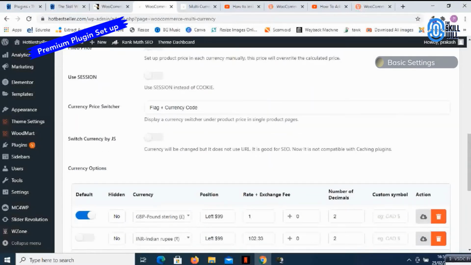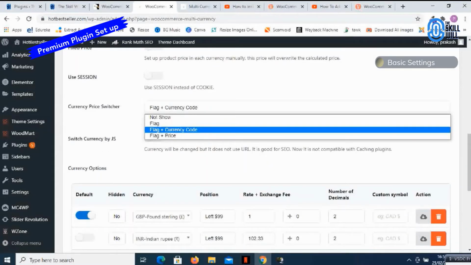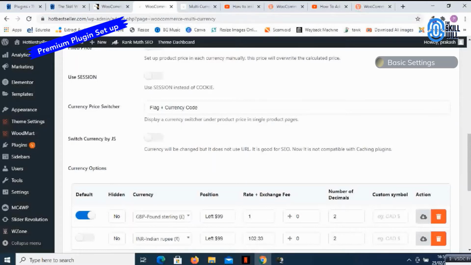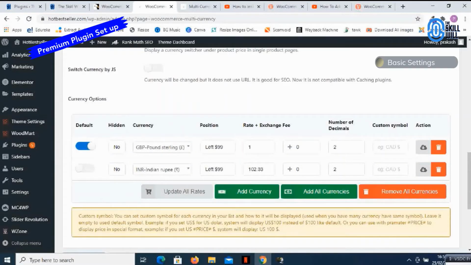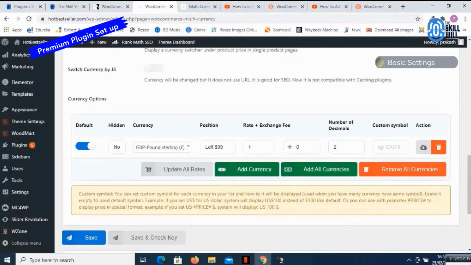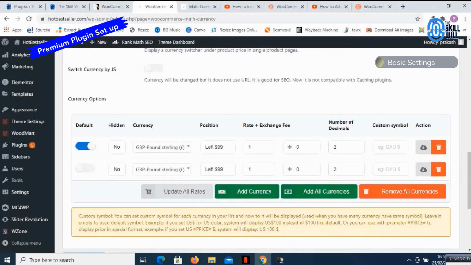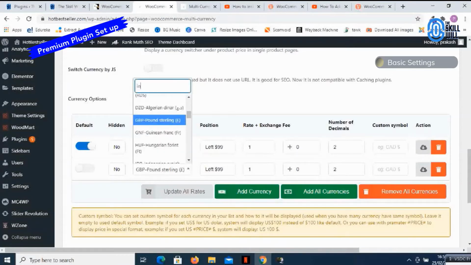Use session, here I would select flag and currency. Because we have already set up these two currencies for the free plugin, it is coming up there, but I will delete one of the currencies to show you how we can add multiple currencies over here. This is the base currency, which is in pounds, and I want to add more than two currencies here now. So I will say INR,